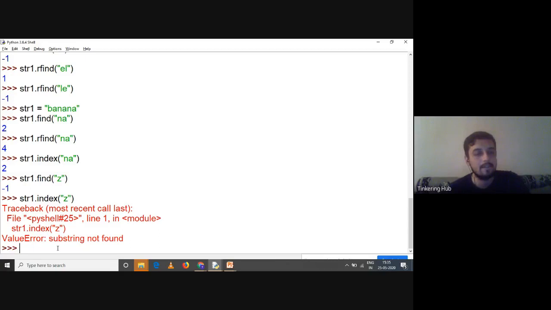So an exception is thrown and you have to handle that exception once you use it, right? So the difference between these two is find gives you -1 when the substring is not found. Index gives you an error. And similar to index, there is another method called rindex, which scans the string from reverse, right? So there are 4 methods which we have covered: find, rfind, index, and rindex, right?